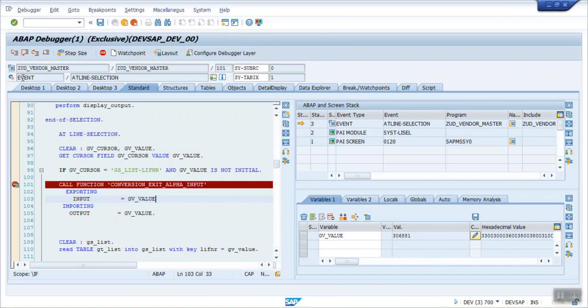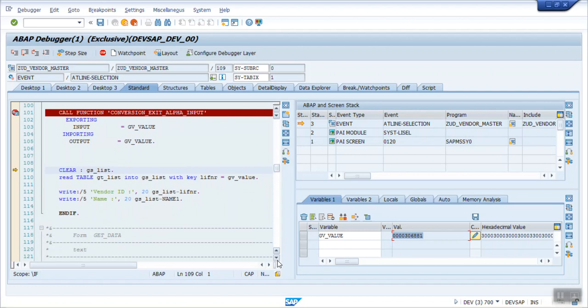Once you press F6 or this button, that is execute, you can see the leading zeros are added. Total will be 10: 1, 2, 3, 4, 5, 6, 7, 8, 9, 10, because the length of this field we have declared as 10. Okay, now the system will read the value.